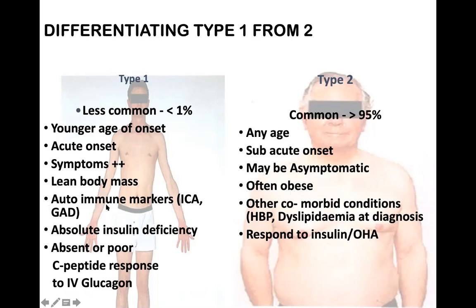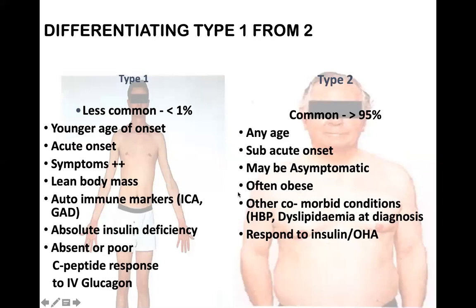In type 1, there will be autoimmune markers, GAD antibody and ICA, islet cell antibodies. And in type 2, there will be other comorbidities because of the underlying nature of the pathogenesis. Because they are obese or centrally obese, they will have other comorbidities. Hypertension and dyslipidemia are common. Some of them are diagnosed when they have already had a major coronary artery disease like MI,